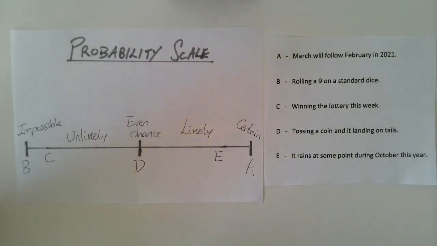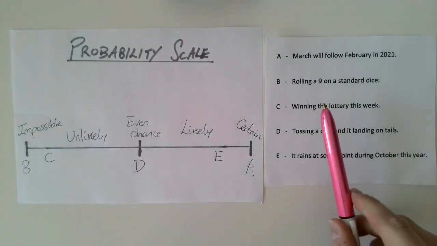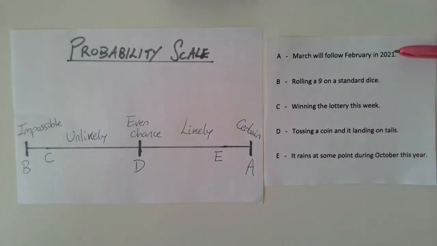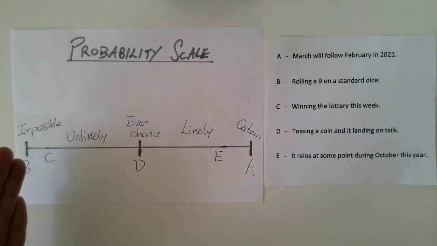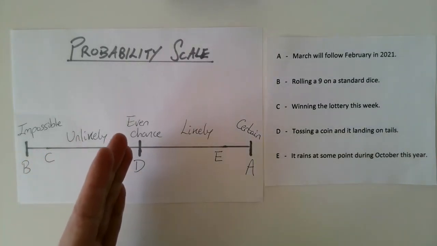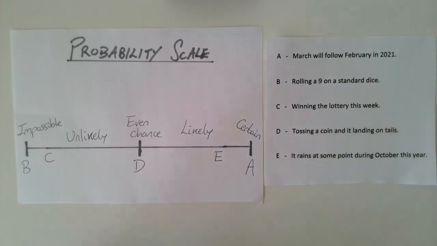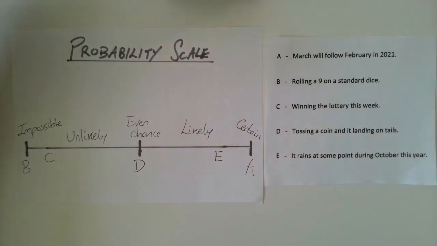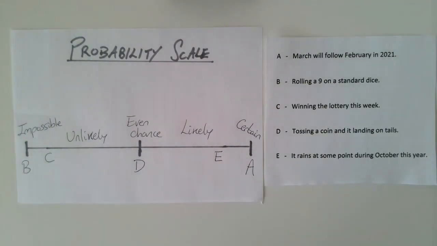Now, as I mentioned earlier, section A of your worksheet for today's lesson is very similar to this, where you've been given some events and you need to say whether they're impossible, unlikely, there's an even chance, likely, or certain events. If you'd like to pause the video now, you can do that part of the worksheet before we move on. If you want to carry on watching the video and then go and do the whole worksheet later, that's absolutely fine. But I'll give you a chance now to pause the video to work on section A, and then when you're ready to move on, you can restart the video.